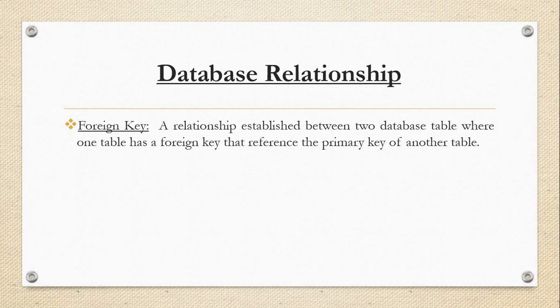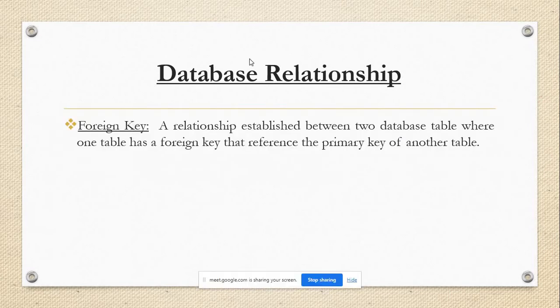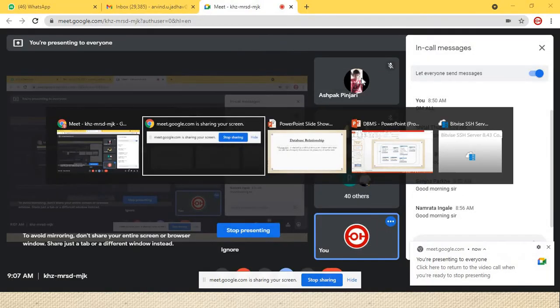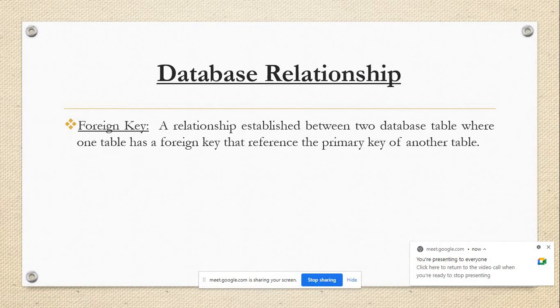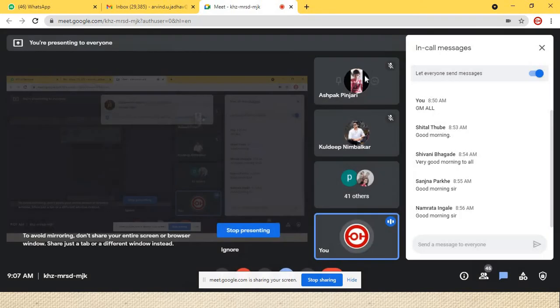Once we create the database design, we can easily correlate the tables with each other. That means we can easily perform the DB operations, and we can remove the redundancy and maintain the dependencies also. That means we need to remove the redundancy and dependency problems. So these things are important for us.